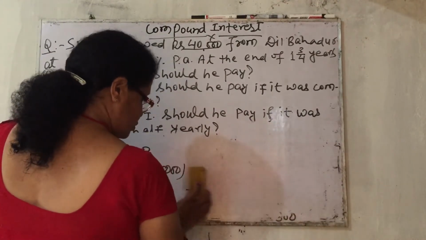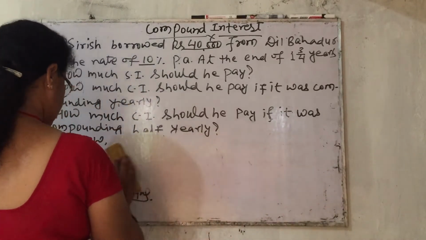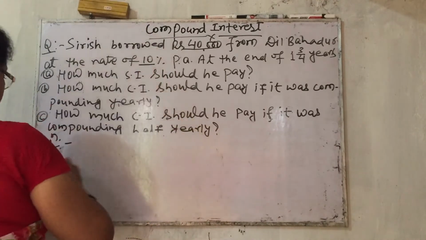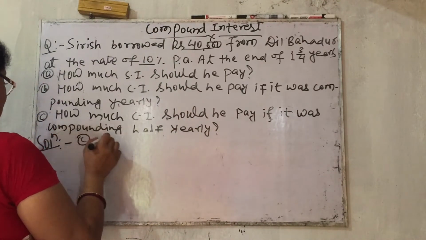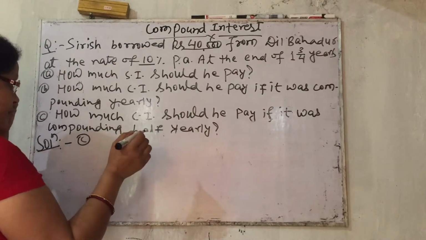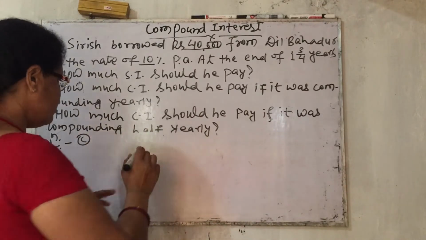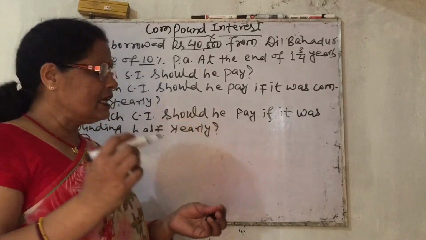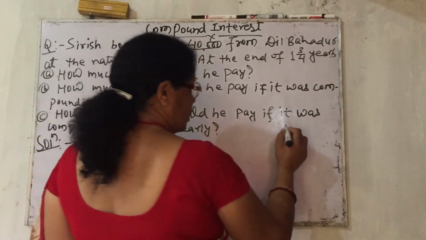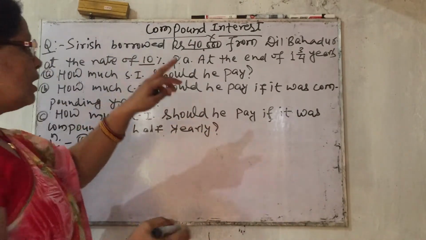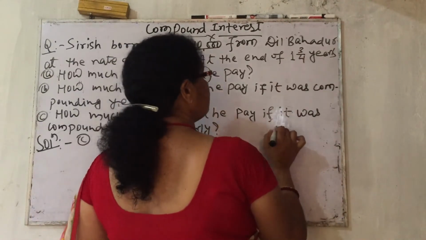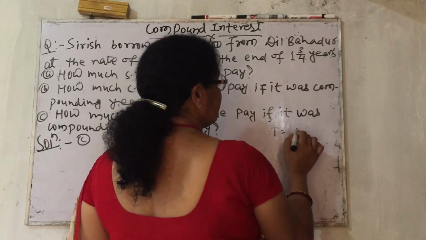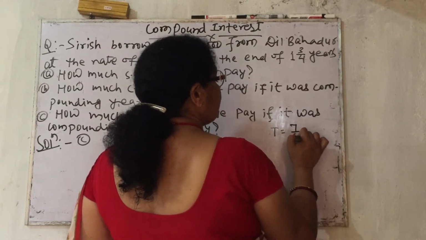Again we have to do one more, means same way we will find out. It is number C now. In number C, compounded semi-annually, half yearly, we have to find out now. Then let's see one thing. Especially T we have to change. So T equal to how much? 4 1 are 4 and 3, 7 by 4.